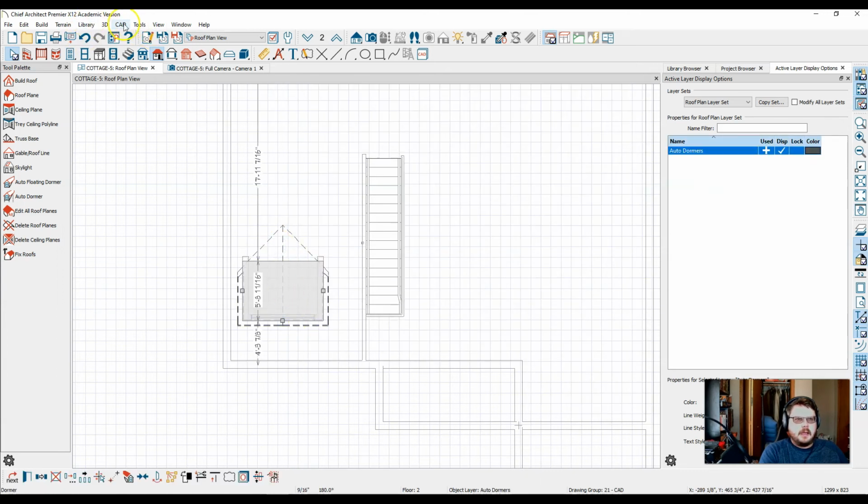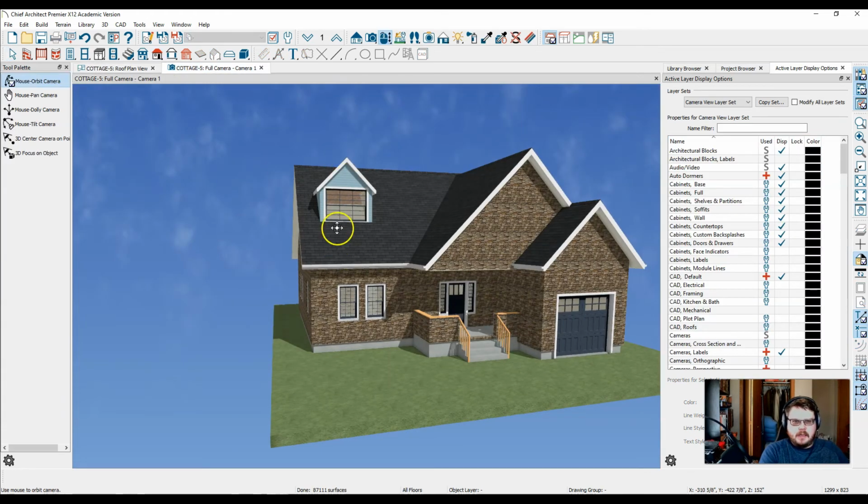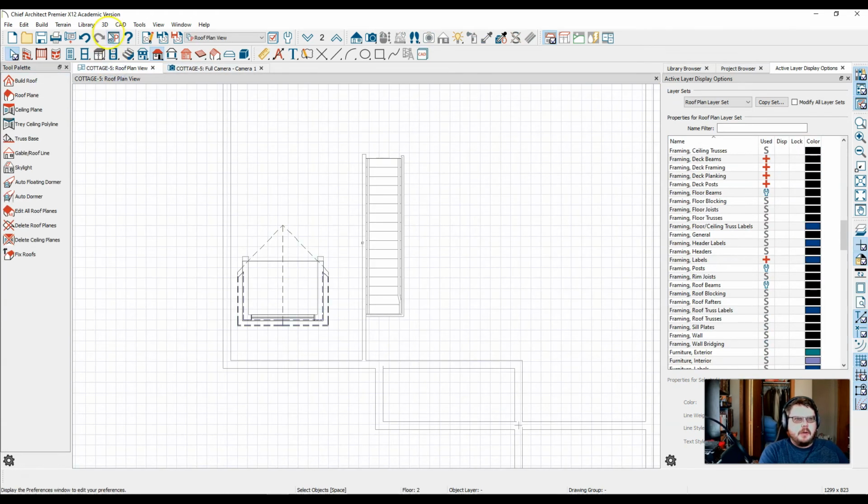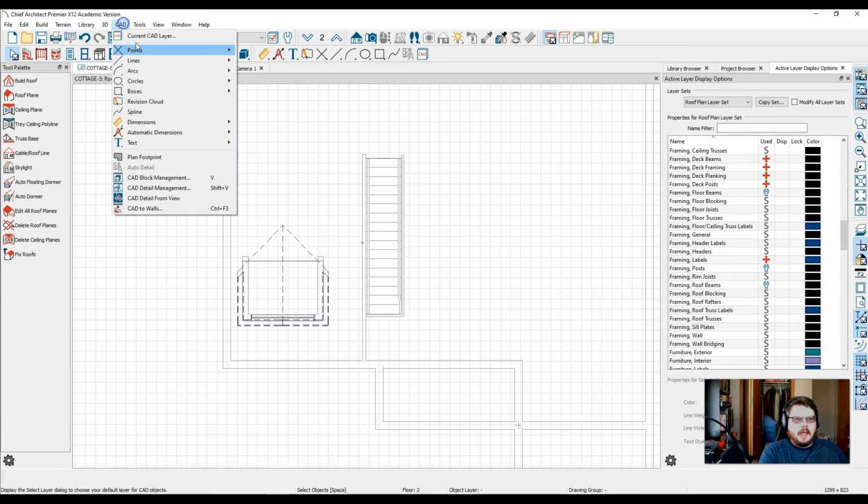Let's get our CAD tools. How far do we want it from the edge here? We want it 2 feet. So right now it's in there, but it's going to be positioned kind of weirdly. It's a little bit high up. So we'll go up in here. We'll go to our CAD tools. We'll grab a dimension